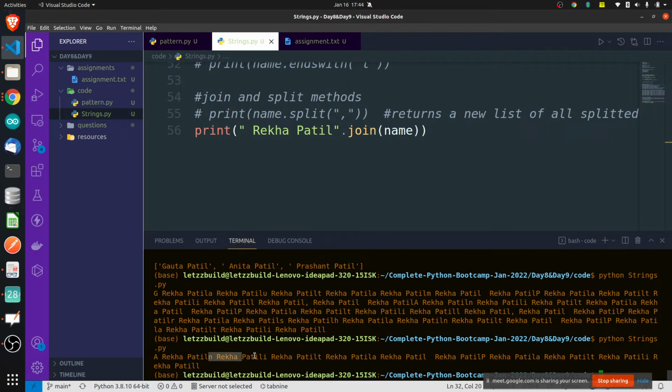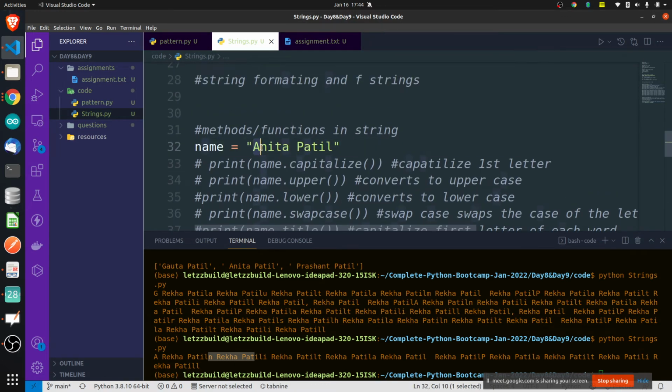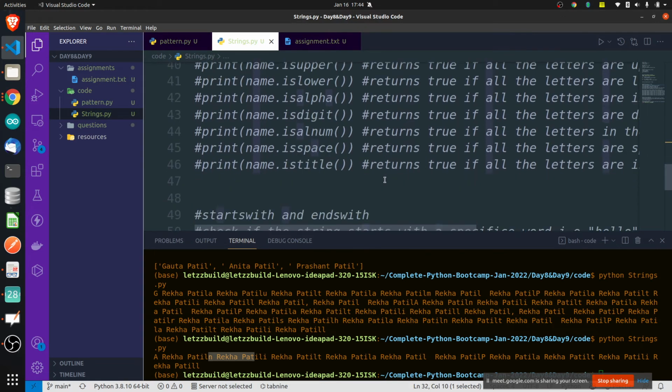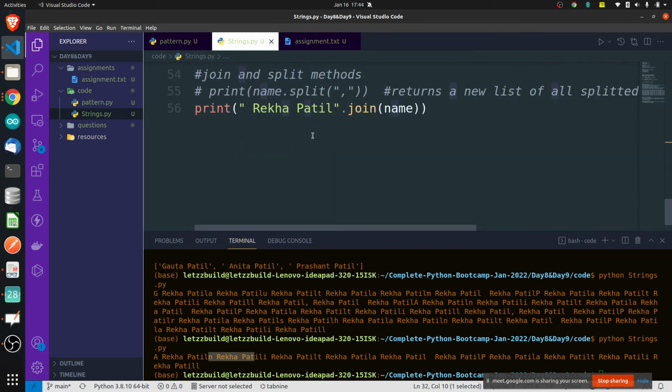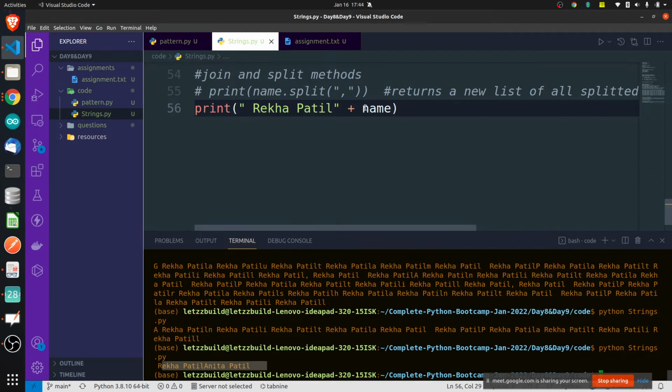So what it has done is actually it has joined for every letter. If you want to concatenate, you could have directly done it like this, there is no doubt in that. Or you could have done Rekha Patil plus the name, and it will concatenate the strings and add this string. That you could have easily done.